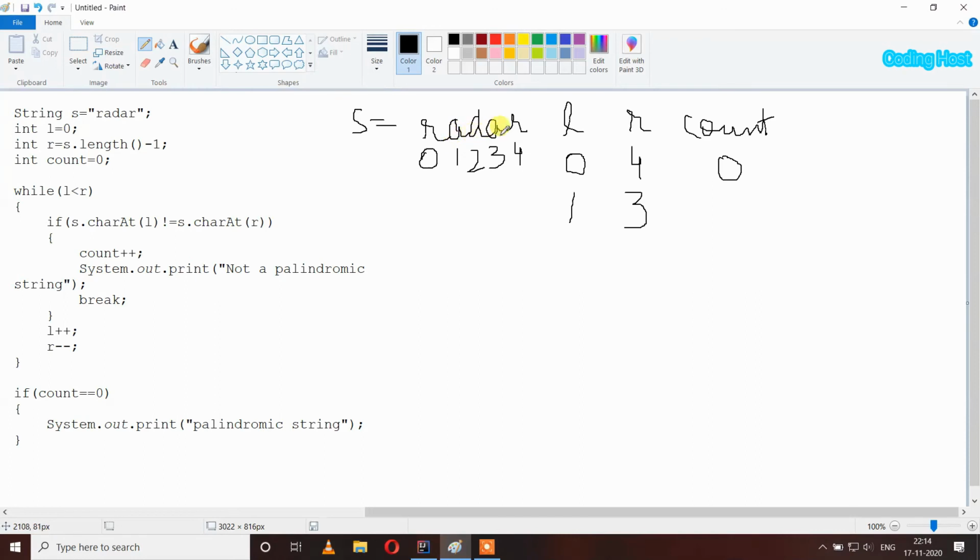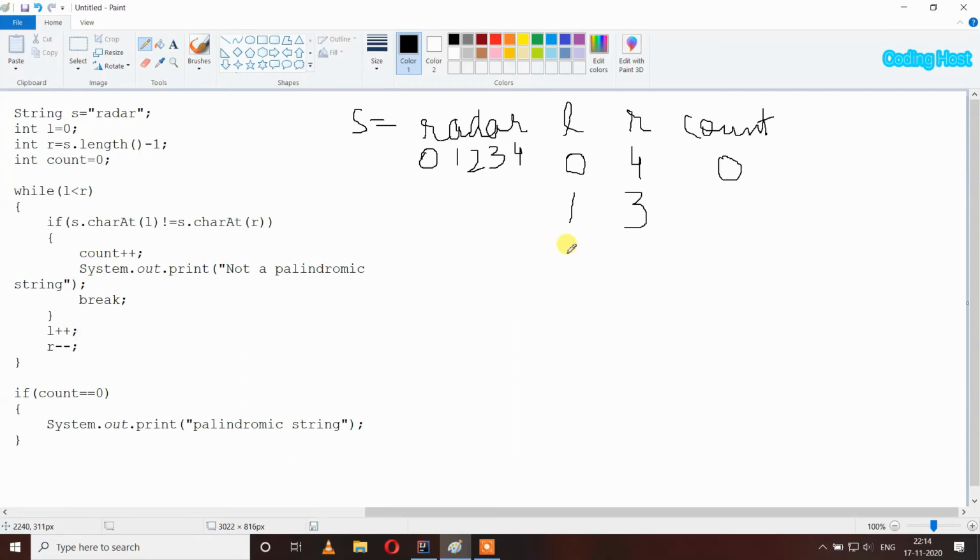So a is equal to a. This condition is still false because the characters on both the left and right hand side are equal. So this statement will not execute, and this statement will only execute if the left and right hand side characters are not equal. And after that l++ and r--.